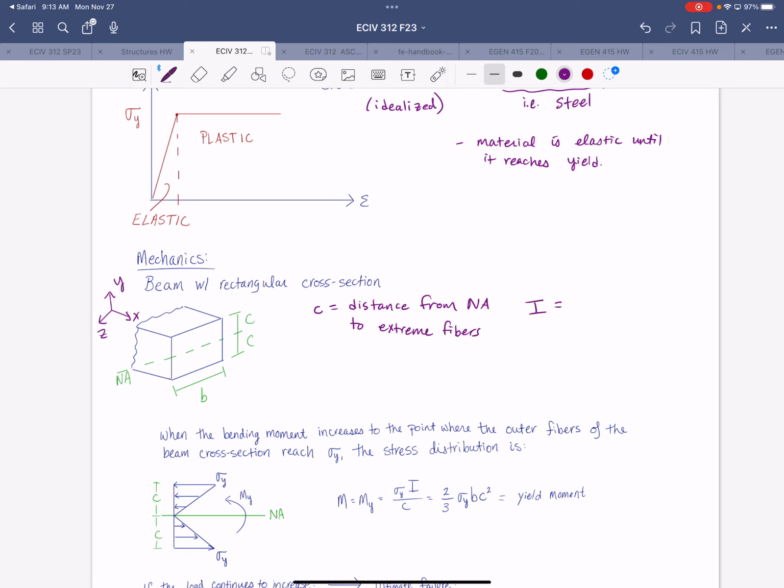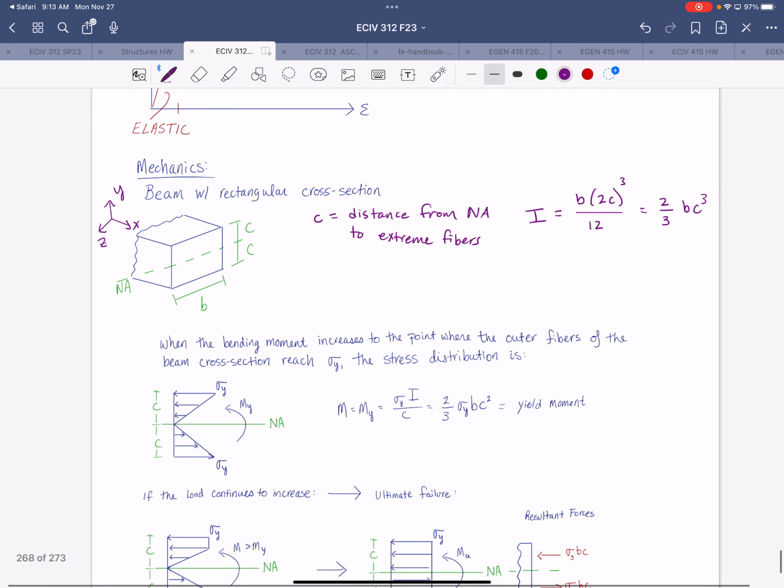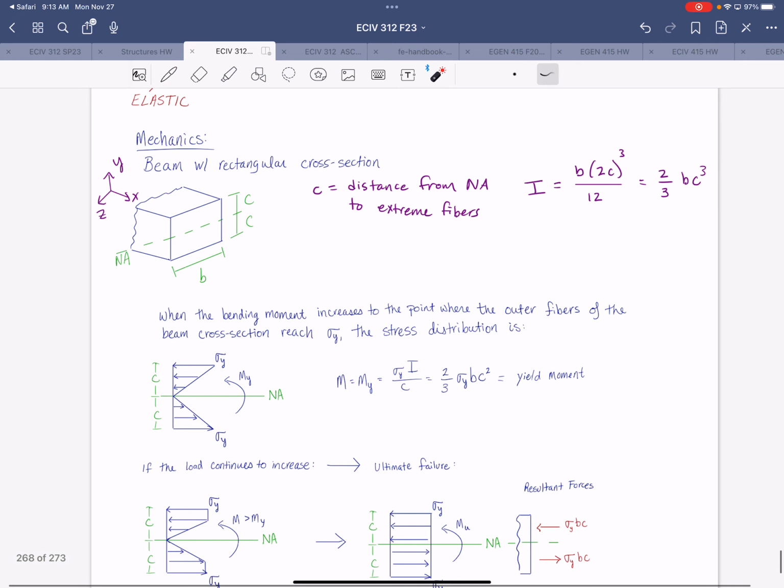And the moment of inertia would be the width b times the height, which is 2c, cubed, over 12, which comes out to 2/3 times b c cubed. Now, if we apply a moment to this cross-section and increase that moment until the extreme fibers reach the yield stress,